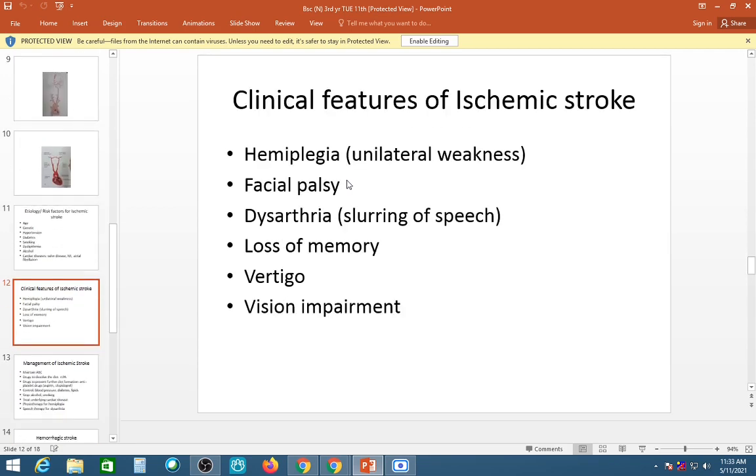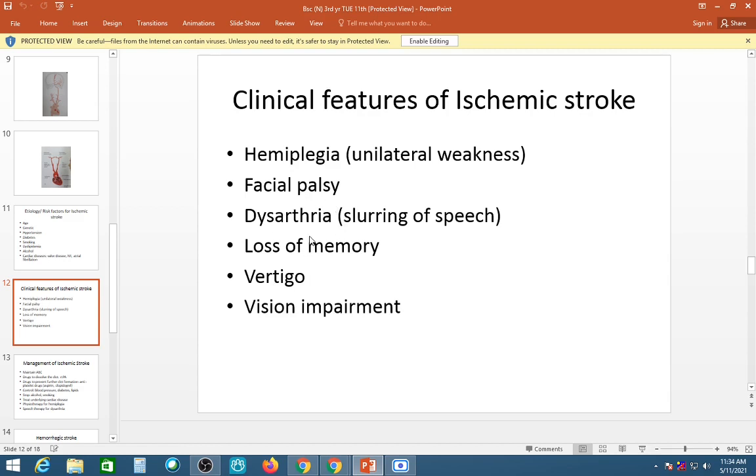What are the clinical features of stroke? Because of the stroke, the cells in a particular focal area of the brain cannot function because they are dead, and because of which patients develop paralysis of one side of the body, called hemiplegia, paralysis of the face, called facial palsy, and slurring of speech, where the speech is not clear, called dysarthria. They can have loss of memory, vertigo or giddiness, and vision impairment or loss on one side of the body. This starts very suddenly, and the features are caused by focal lesions of the brain, and they are persistent, maybe lifelong,